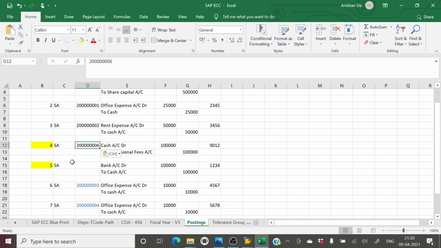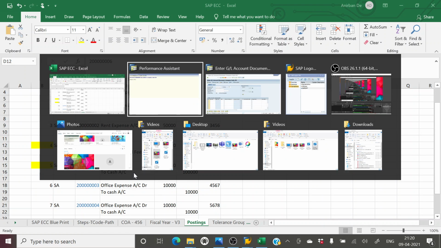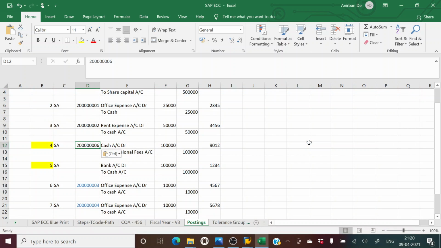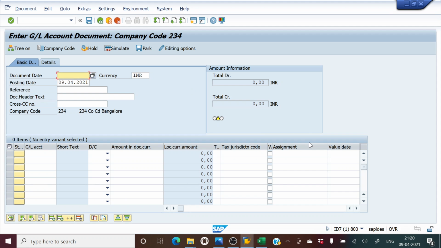Now I will show you another way of posting the SA document. This one we have posted by FB50. There is another way of posting the SA document, which is F-02. So what we will do here is,